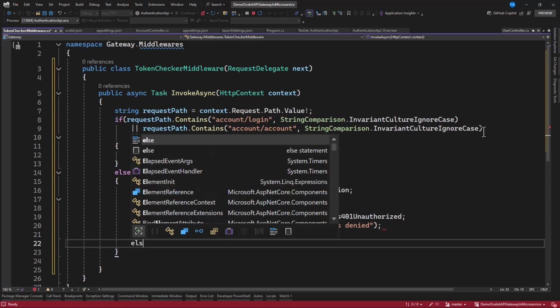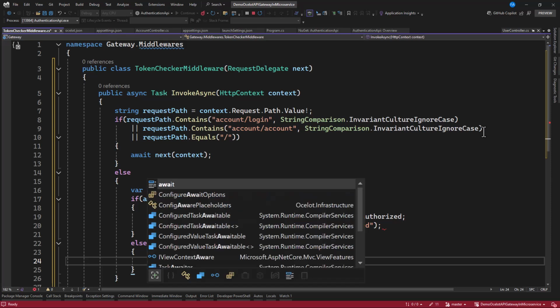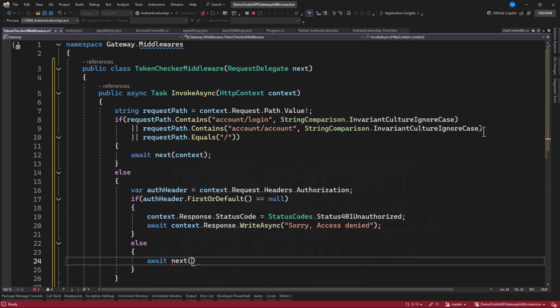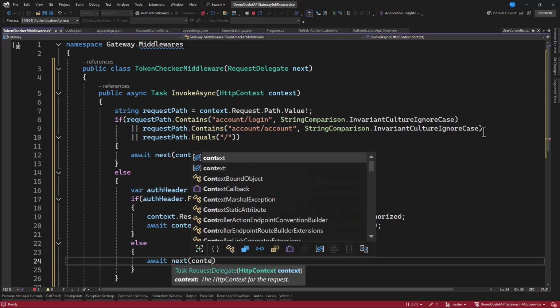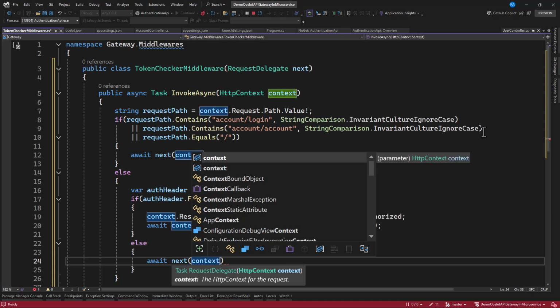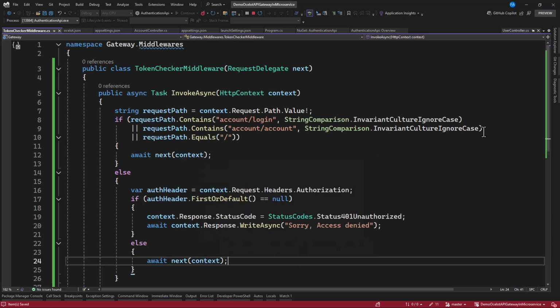Here we can have else await next, and let's specify in the context. So that's all that we need to do in here.